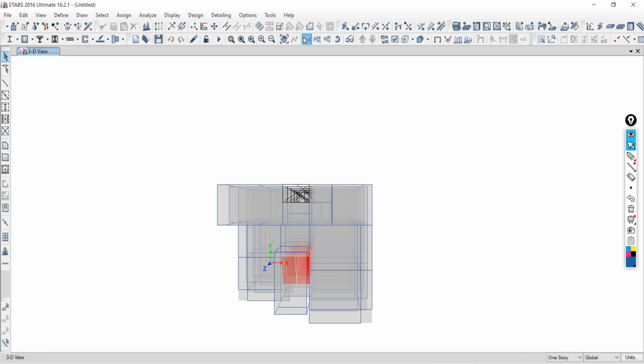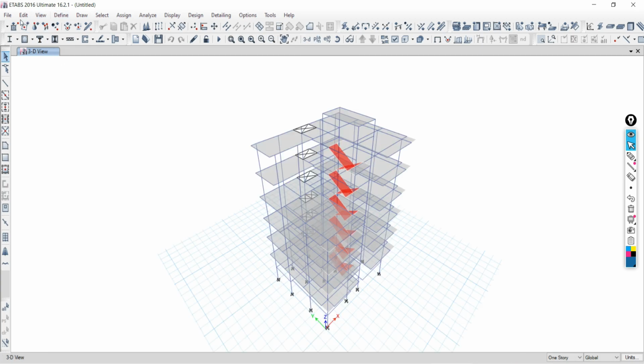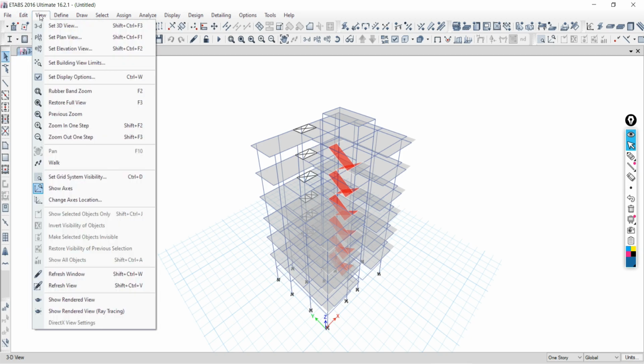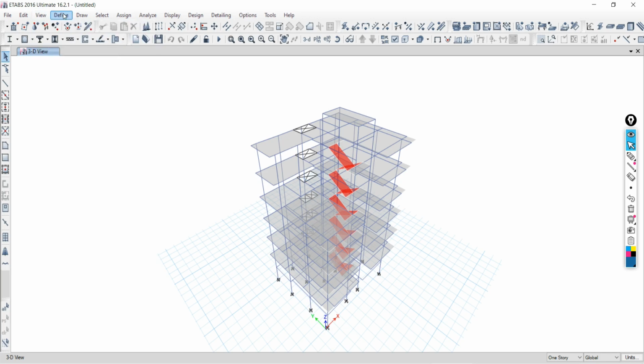Like this, normal 3D view. Okay. So this is the way how you can see the things through the view. You want to zoom out, zoom in, everything. Suppose you want to define